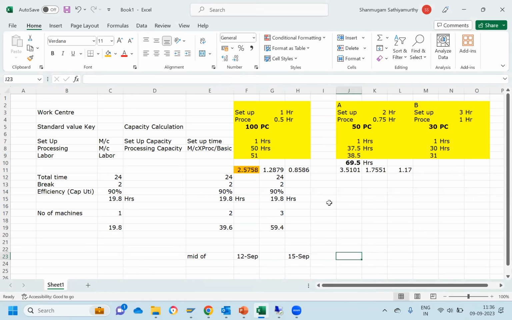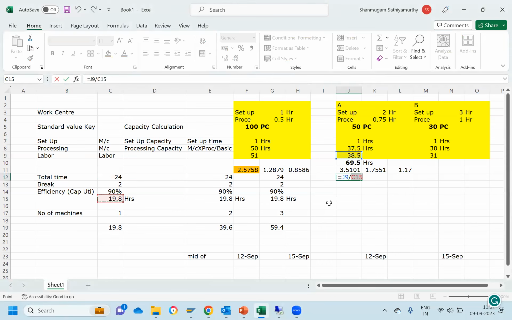Okay. Now, if you have two products, and one product I need on, for example, 15th September, and this one I need on, let us say, 12th September. So here my total capacity required is 69.5 hours. Now if I have one machine, with 3.5 days I need. Out of the 3.5 days, how much do I need for this one? This is 38.5 divided by, and for this 1.9 days, around 2 days, for this one I need